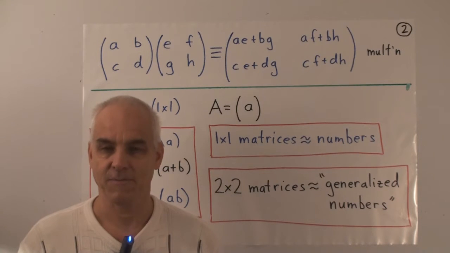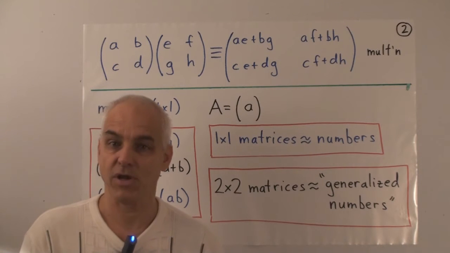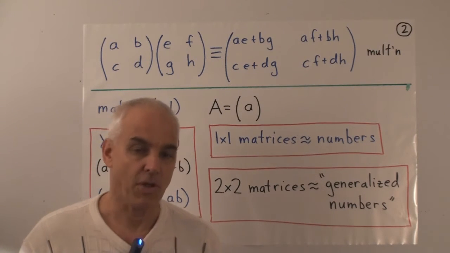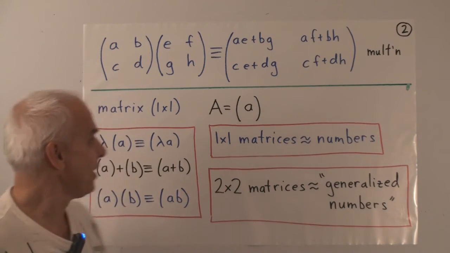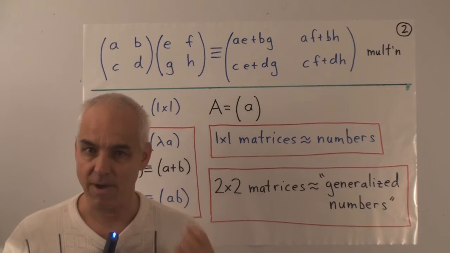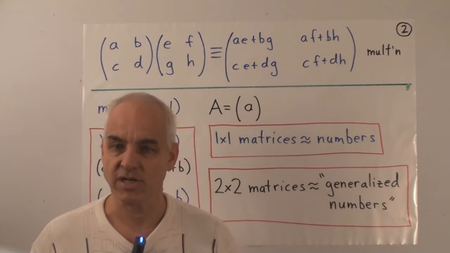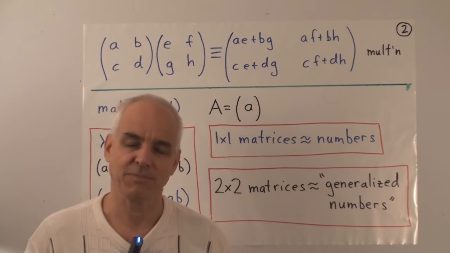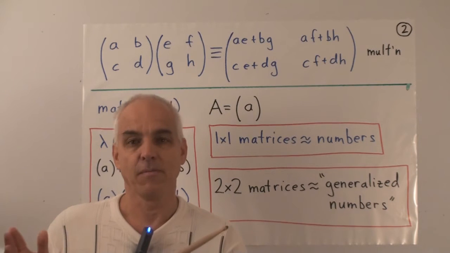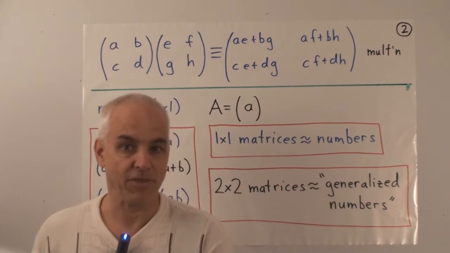Now, the way I want you to think about 2x2 matrices is that it's an arena for doing arithmetic, but it's a more elaborate or more sophisticated kind of arithmetic than we're used to. And to make that clear, I want to introduce a simpler version of matrices, the idea of a 1x1 matrix and the idea of arithmetic with 1x1 matrices. This is a subject that's usually not mentioned very explicitly in most linear algebra texts because it's so simple. But I think it provides a really good bridging to go from the 1x1 to the 2x2 and then the 3x3 and so on.